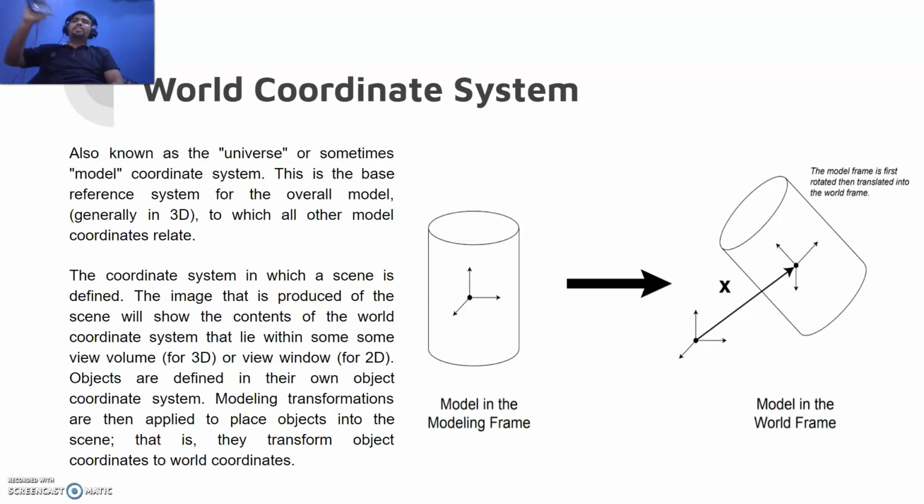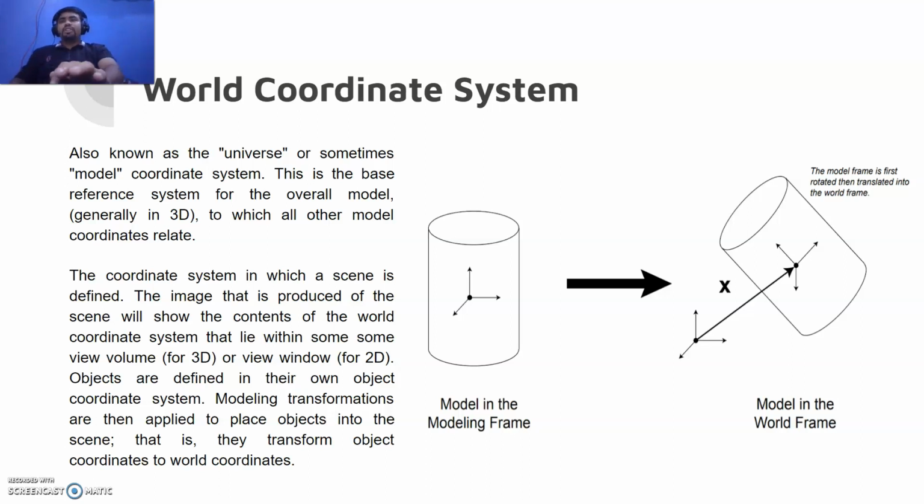Okay, so it is some point in space, but it exists. So this is the world coordinate system. You can have models developed in any particular coordinate system, but finally it has to come to the world coordinate system. So there's a transform, a relation between any coordinate system and the world coordinate system.